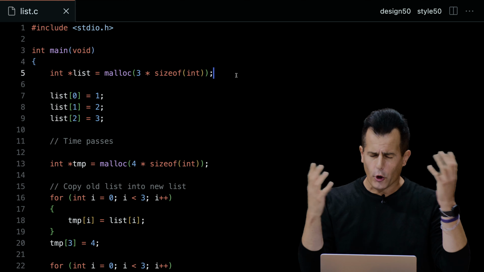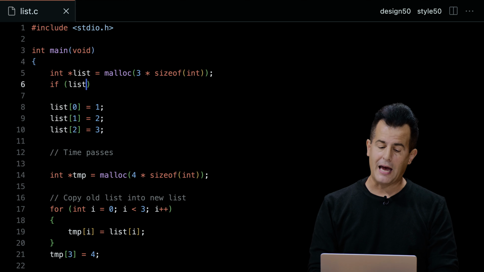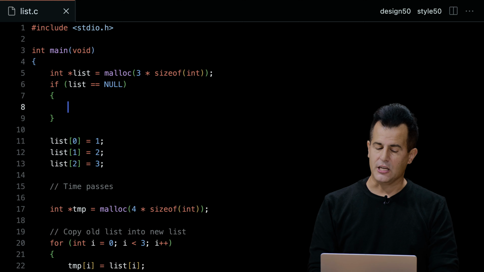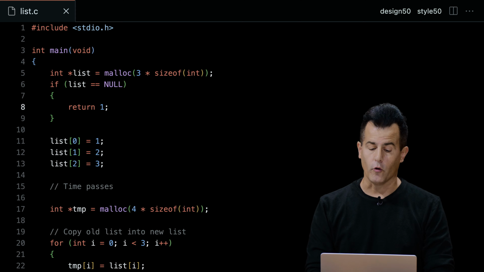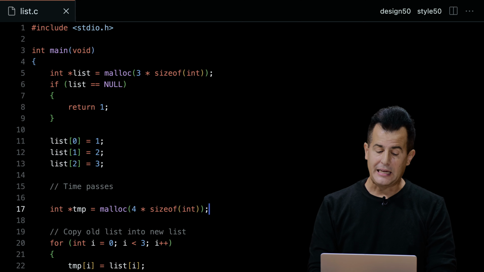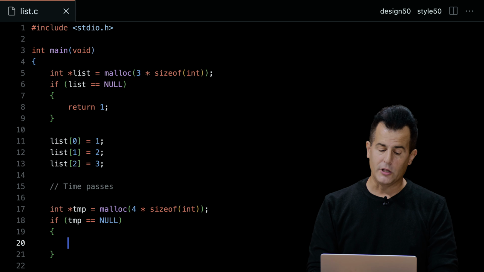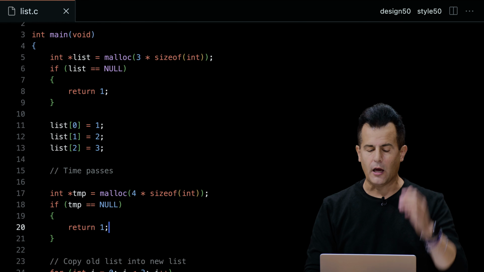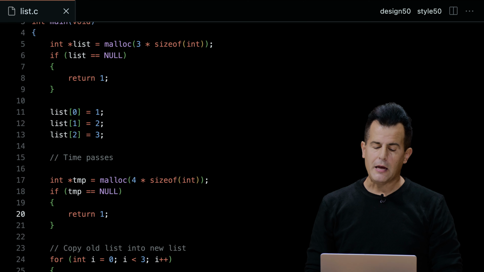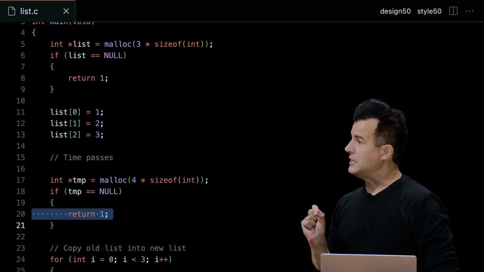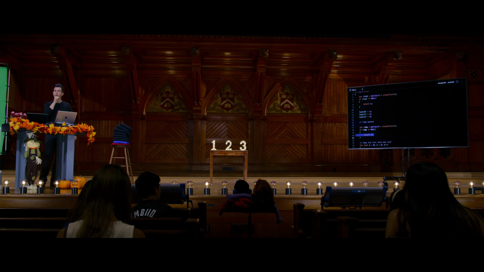So it makes the code a lot more bloated, but it is good practice. So let's just check if the list pointer I get back contains null. There's no point continuing on. Let's just go ahead and immediately return 1. Because something has indeed gone wrong. And then down here, under malloc again, let's do the same. If the temporary pointer also contains null, now let's go ahead and similarly return 1 or any other non-zero value. But here's the subtlety, and let me combine your 2 ideas. If I immediately return 1 on line 20 after the second malloc call fails, what should I still go back and do first?